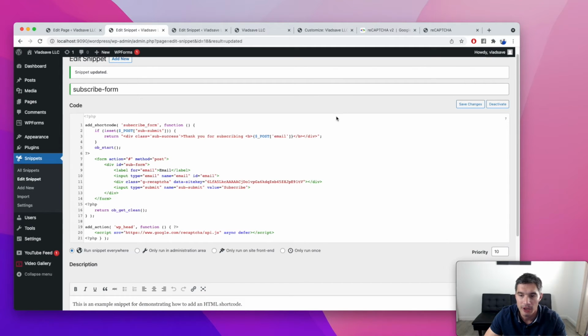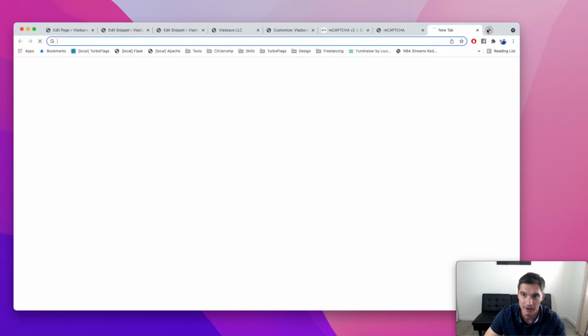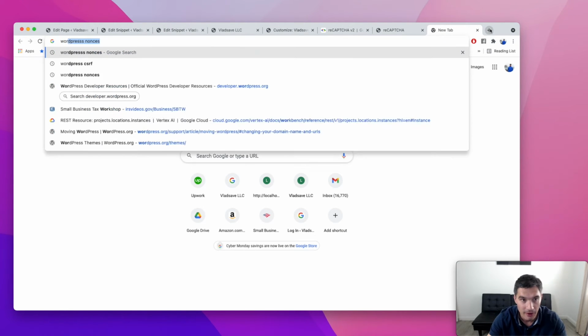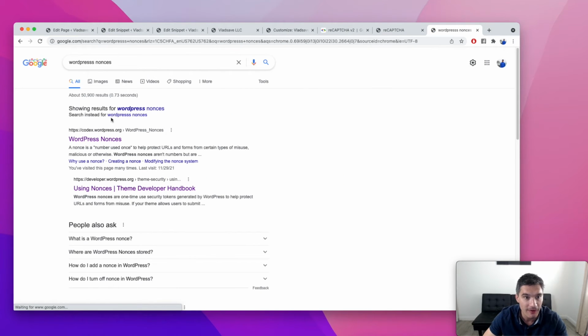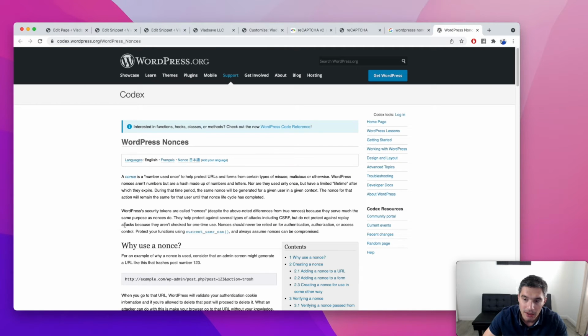Next, we are going to add protection against cross-site request forgery attacks, also known as CSRF. And the way we are going to prevent against these attacks is with nonces. So if we search for WordPress nonces, the first URL here is in the WordPress codex, and it explains an example of what happens if you